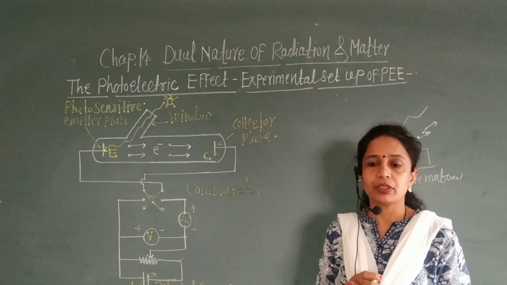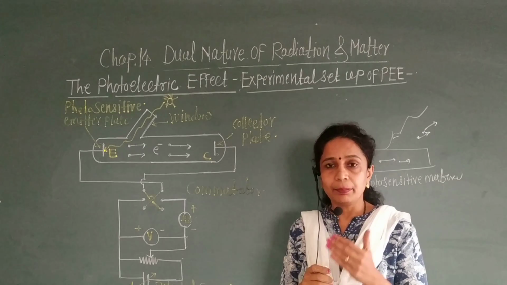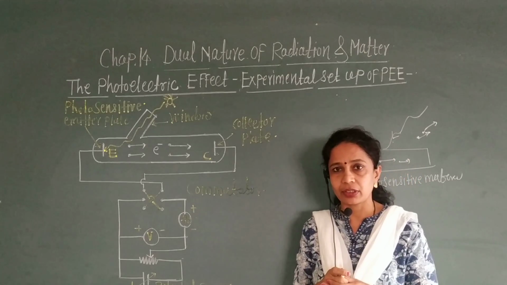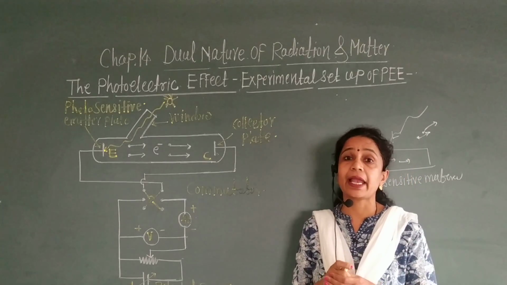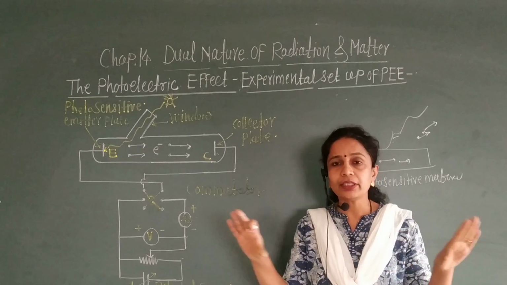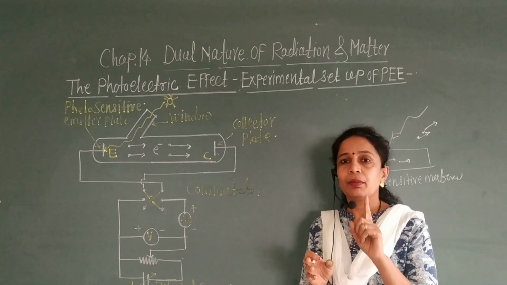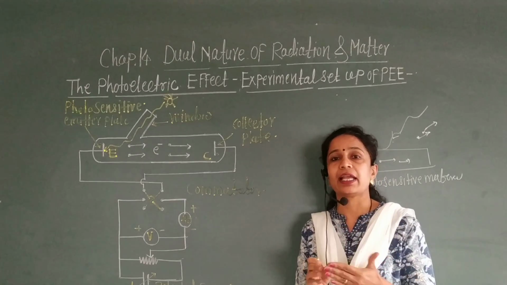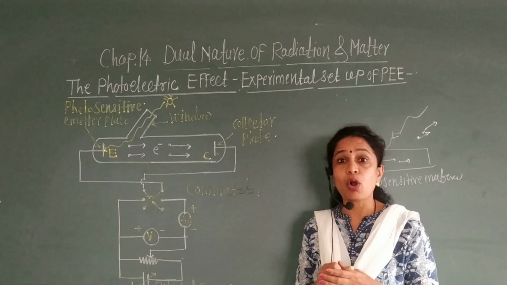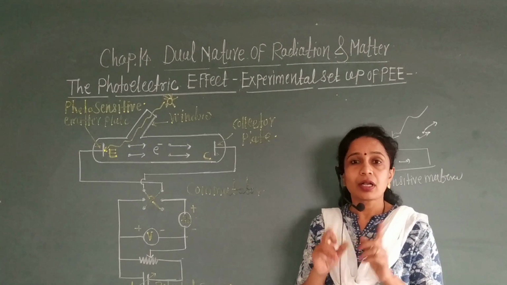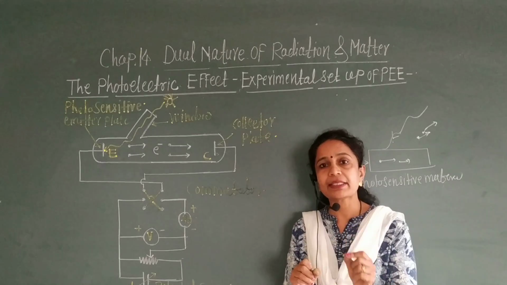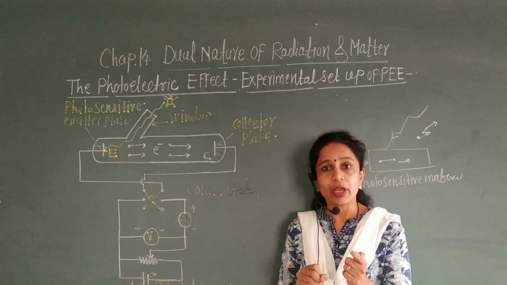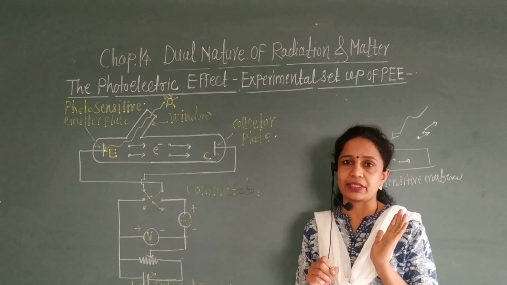In earlier chapters you have studied many optical phenomena such as reflection, refraction, interference, diffraction and polarization. All these phenomena are explained by using the wave theory of light. But phenomena such as the spectrum of blackbody radiation can't be explained on the basis of the wave theory of light. In that case, you have to use quantum physics.